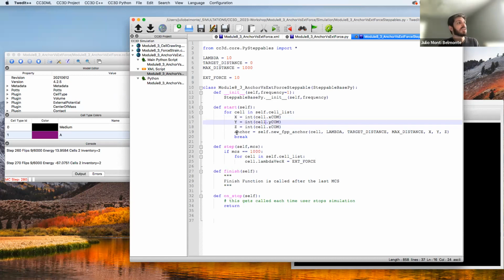And then what I'm doing here on line 19 is what you actually use to create an anchor in your CompuCell simulation. So you see that I have anchor equals self.new_fpp_anchor. Okay, and then you give the arguments just like you used to do